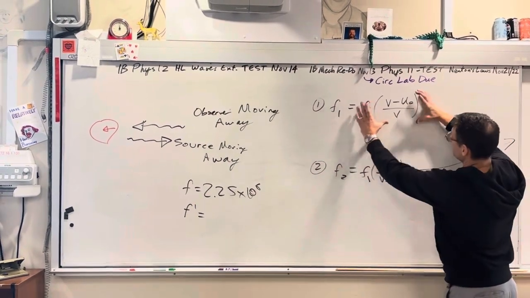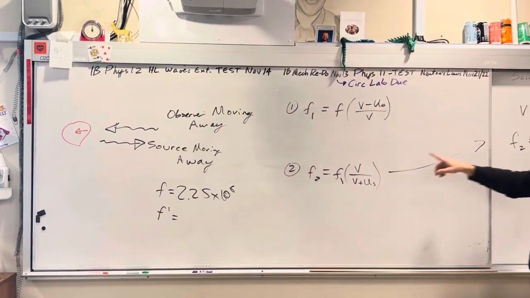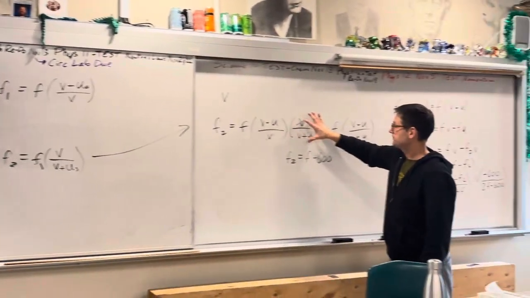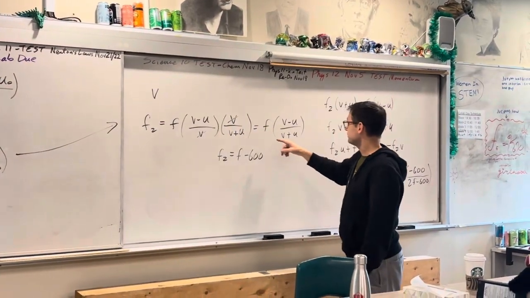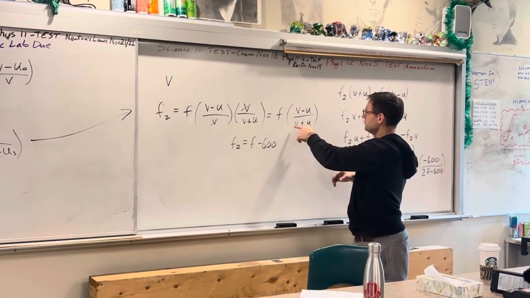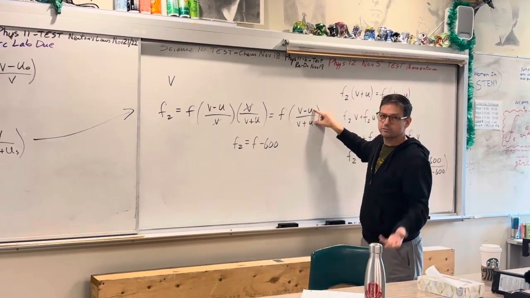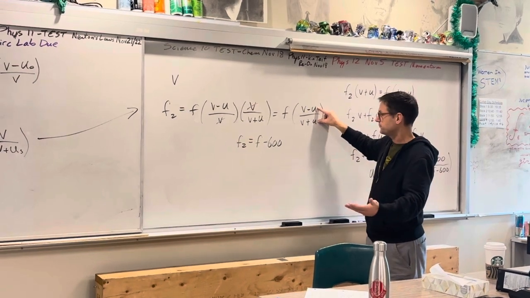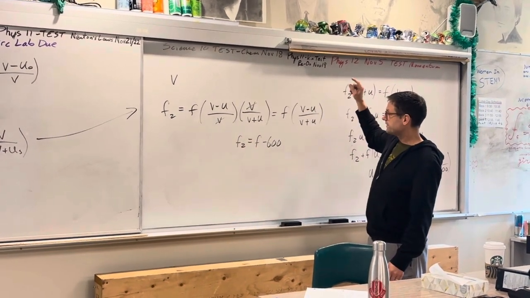So we take all of this and we plug it in for F1 over here. And then we do a little bit of math, we cancel those things. You end up with this, V minus U over V plus U. And notice we just said U because the heart wall's velocity is the same. And then we say,